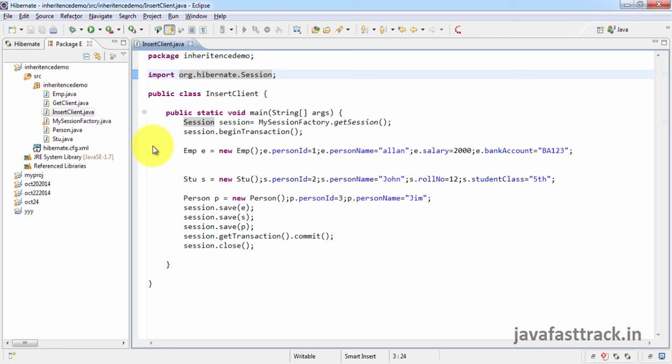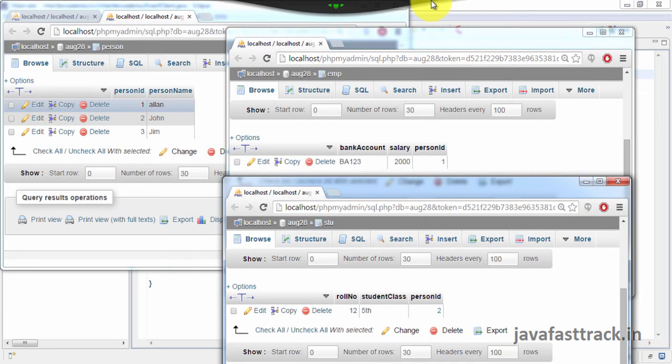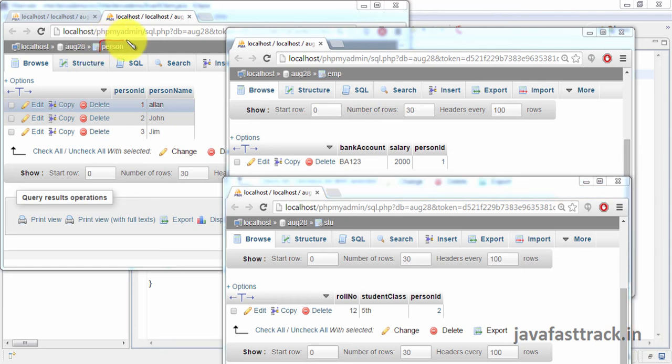Now I can look at the tables, how it looks and the data within the table. This is how the data is looking in the three tables. We have the concept of primary key, foreign key relationship. So when we insert any data, data is inserted into the person table.